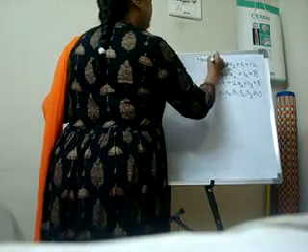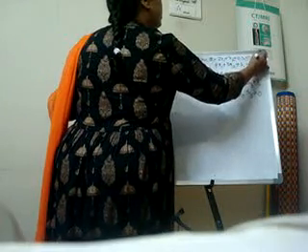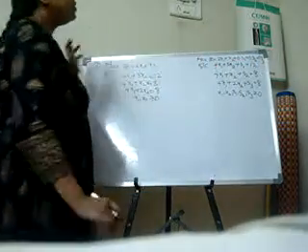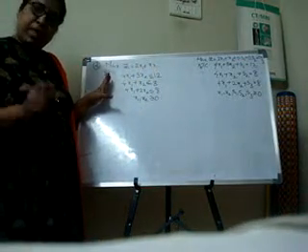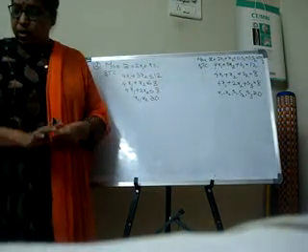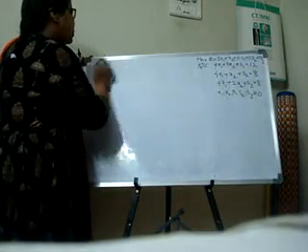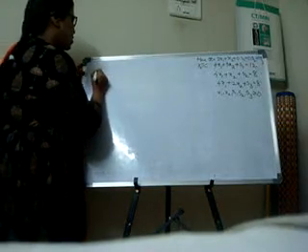maximize z equals 2x1 plus x2 plus 0 into s1 plus 0 into s2 plus 0 into s3. These are the subject constraints. Now the first step is over. We have converted the given canonical form LPP into standard LPP so that we can apply the simplex algorithm to it. Now we have to draw the simplex table. To solve the problem by using simplex, we have to draw the simplex table.